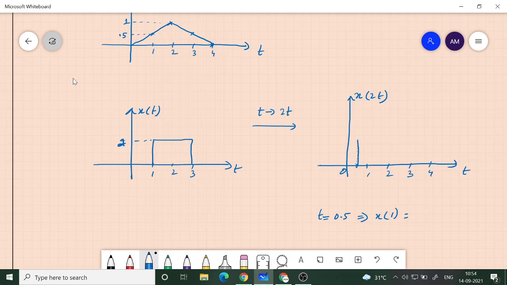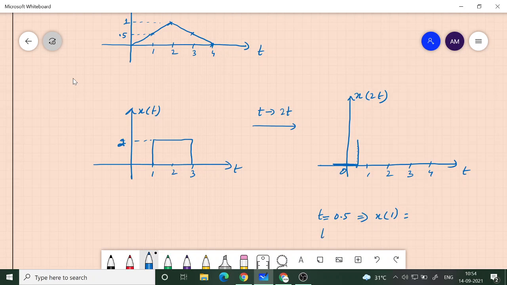Okay, that is the transition. X of 1 is where the transition happens. That is why I have taken 0.5. If I take any point, like say 0.3 or 0.2, then 2 into 0.3 is only 0.6, and if I come to 0.6 here, it is 0. So to the left, everything will be 0. But at 0.5, I have a transition.